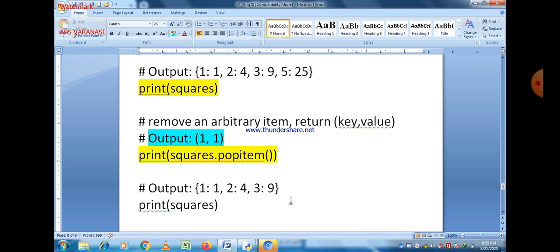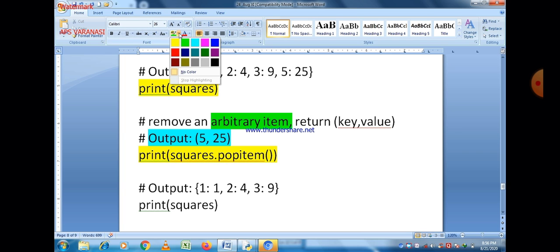So different possibilities are there. And you can easily see here, if we print the dictionary after that statement, then 1:1, 2:4, 3:9 is the answer, because the 5:25 key value pair is deleted. So it may be any arbitrary value, always remember that.